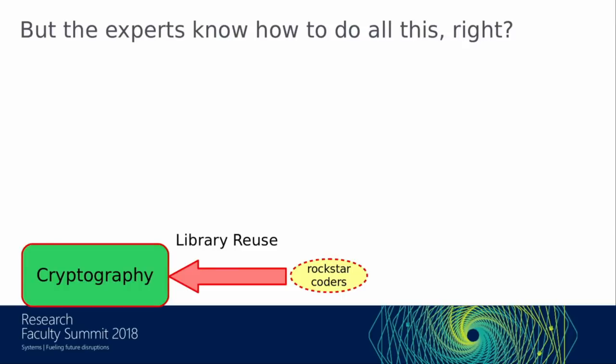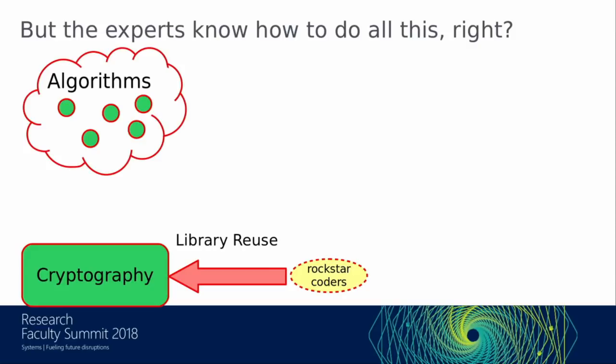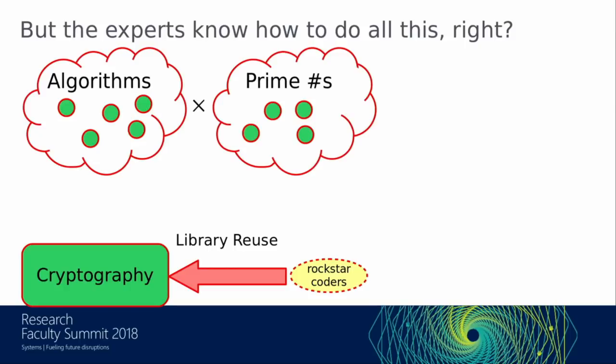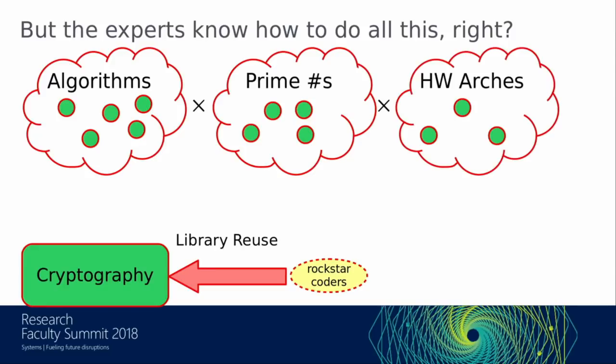So just to motivate a little bit more about why this is an interesting domain, the standard advice is don't write your own crypto code, and probably most developers try to follow this advice most of the time. We have a relatively small number of libraries that implement the most important cryptographic routines. But there's a moderately large space out there of different cryptographic algorithms that matter. And then there are parameters for those algorithms. One important example is a large prime number that you use as the modulus for arithmetic. And then there's a small to medium-ish set of interestingly different hardware architectures that we want to run this code on.